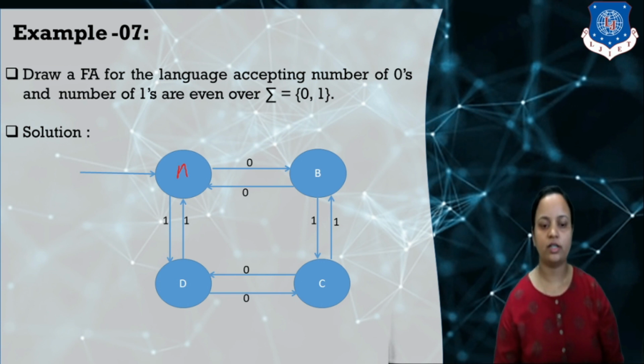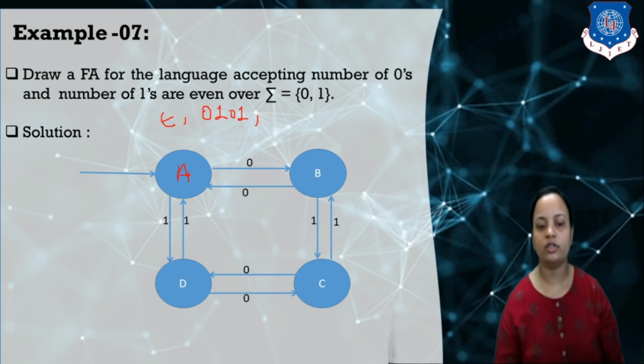So this state is A. State A, state B, state C, state D. You can also name the states Q0, Q1, Q2, Q3. Okay, now how can we draw this? I have included 0 1 0 1 after the minimum length 0 string. So we have considered strings for this language like null, 0 1 0 1, 1 0 1 0, 0 0 1 1, 1 1 0 0.